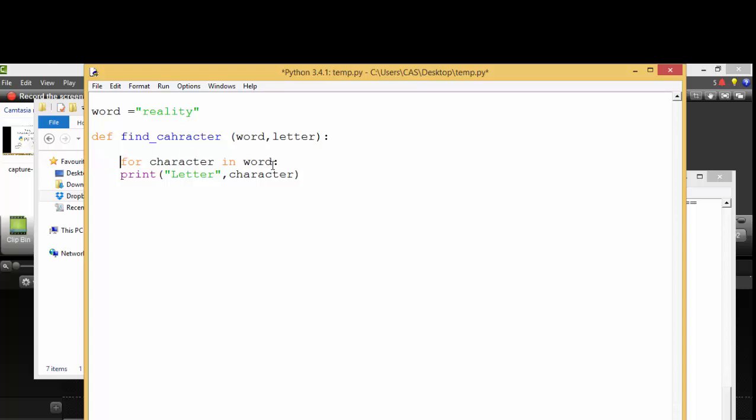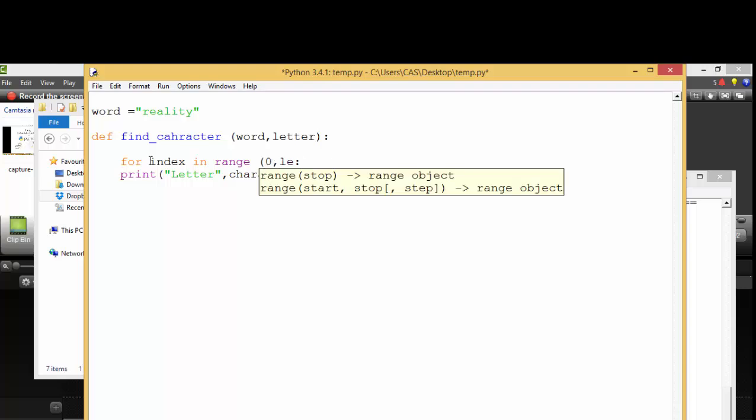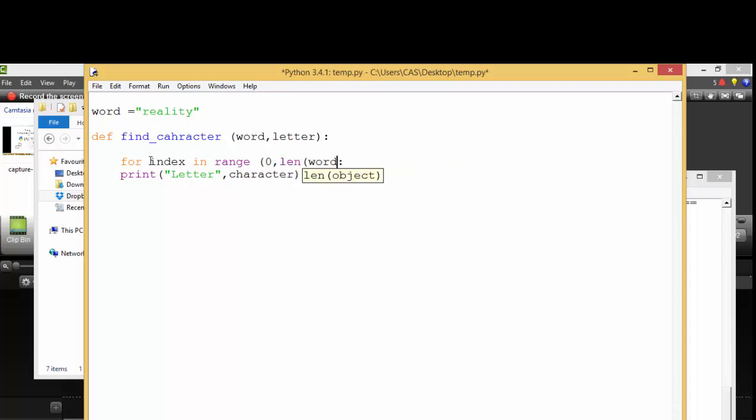What we're going to do within our loop, well, we're going to go through our word one letter at a time. And I do need to know the position, so I'm going to go back to the index route this time. So for index in range 0, len(word). Now you can see here I've not created a separate variable this time. That's just a quick neat way of doing it. So the length of the word here will come in, be calculated, and I'm going from 0 up to that length, so that will work. I've not spelled character right there,